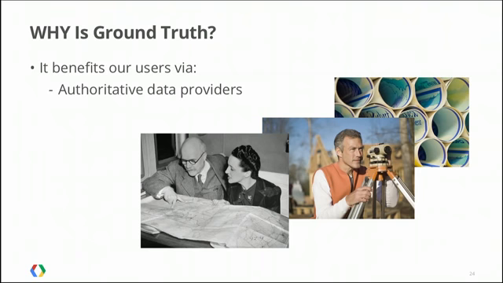So why, it's not just enough to have the data. Why do we actually want to go through all of this effort? It basically amounts to it benefits our users, and there's a couple different benefits that it offers. The first is that through this process, we wind up working directly with authoritative data providers. In the movie analogy, we're dictating the actors. We're not going through a studio. So we get to pick, if we want to talk to a postal service or a national park service, we work directly with them and get the best data that can be had.